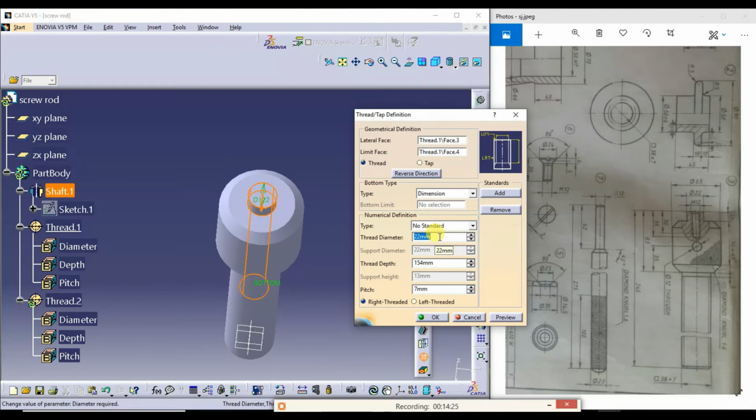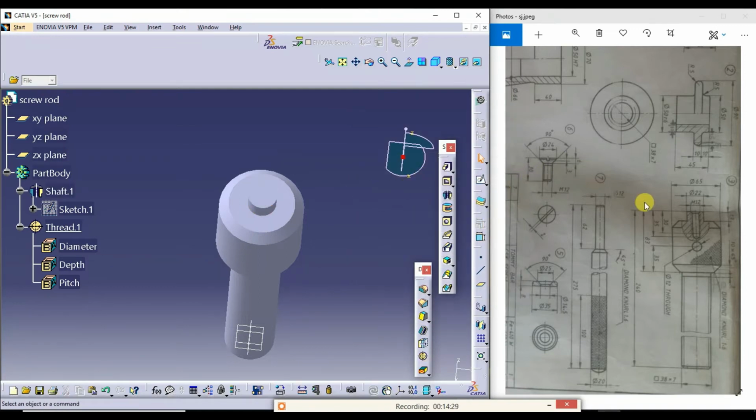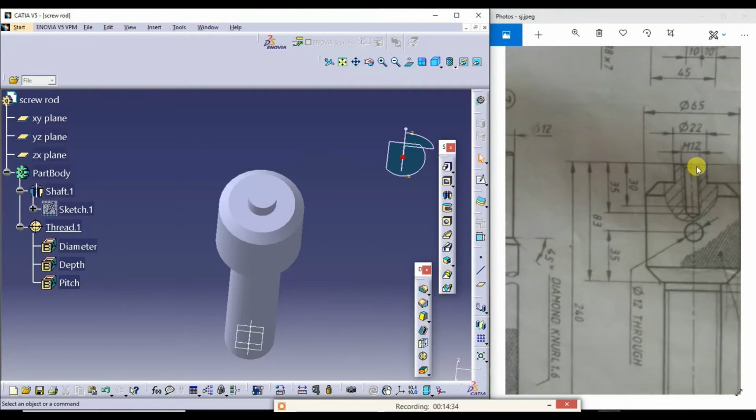I'll go for the hole because there is a countersunk here. Countersunk hole. First, what I do, I'll go for the hole command.